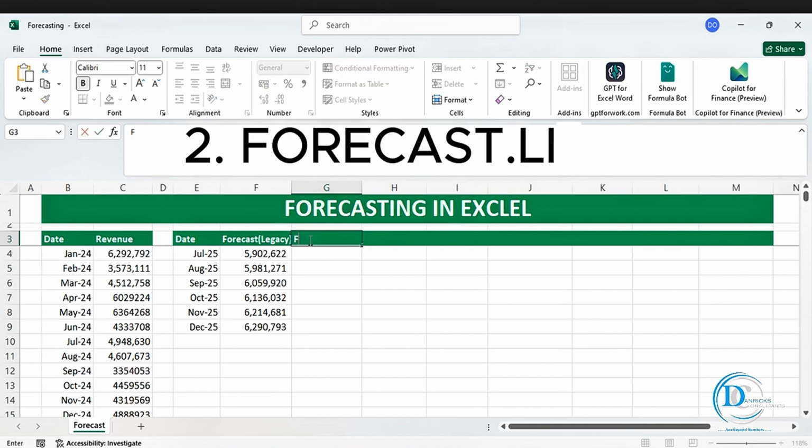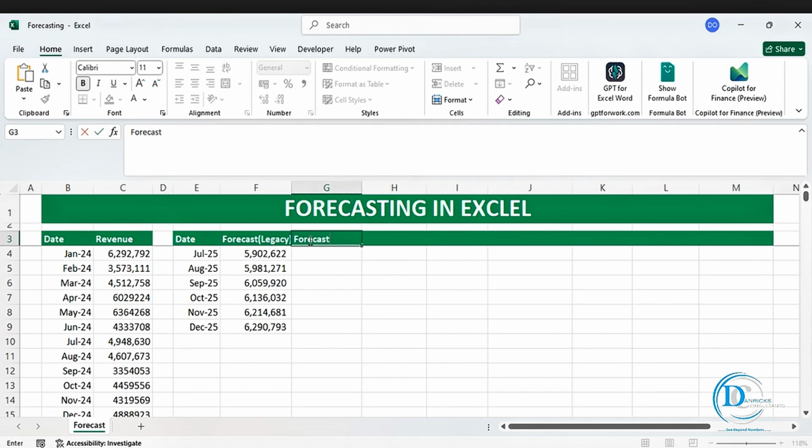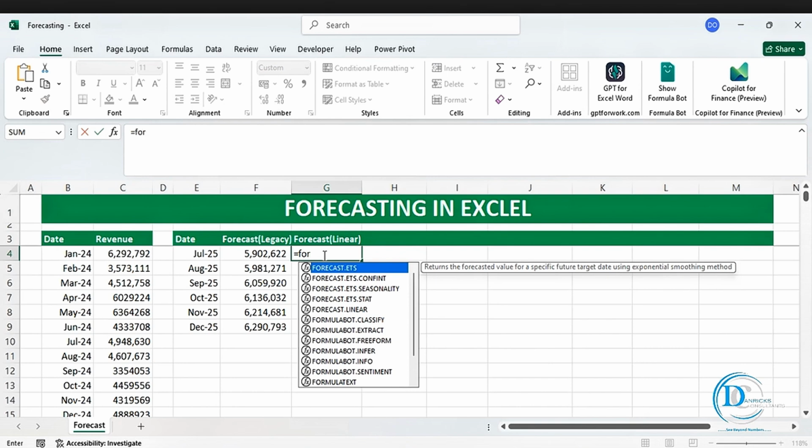On to our second one, which is FORECAST.LINEAR. FORECAST.LINEAR is an upgrade of the FORECAST legacy function. It predicts a future value based on existing values using linear regression. So let's write here FORECAST.LINEAR. Then let's put the formula equal to